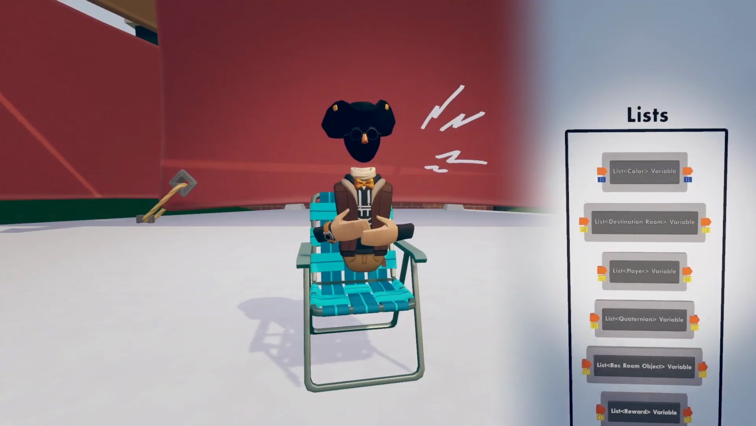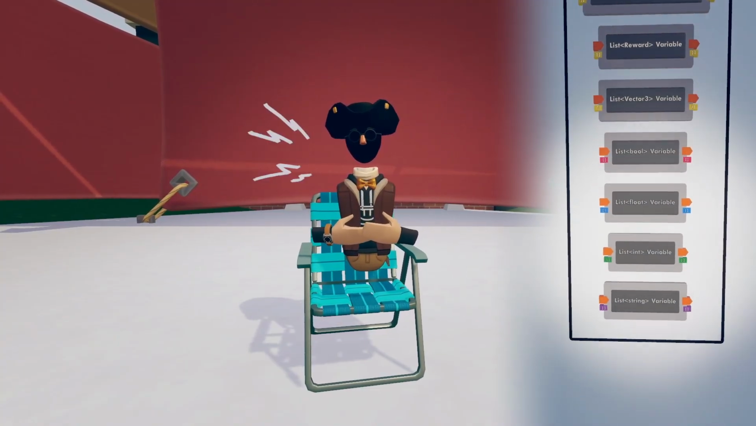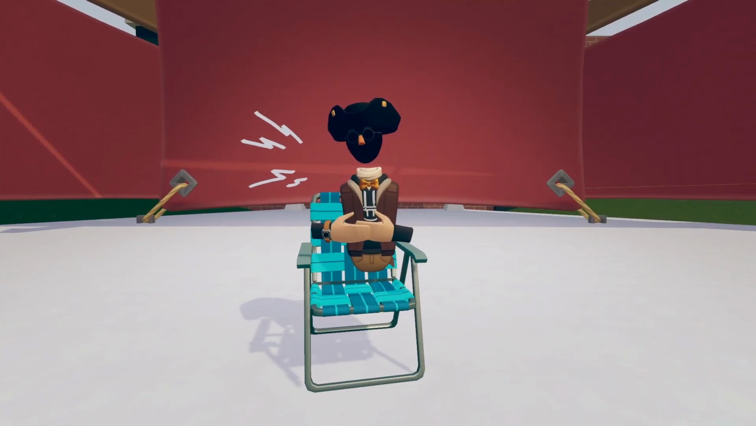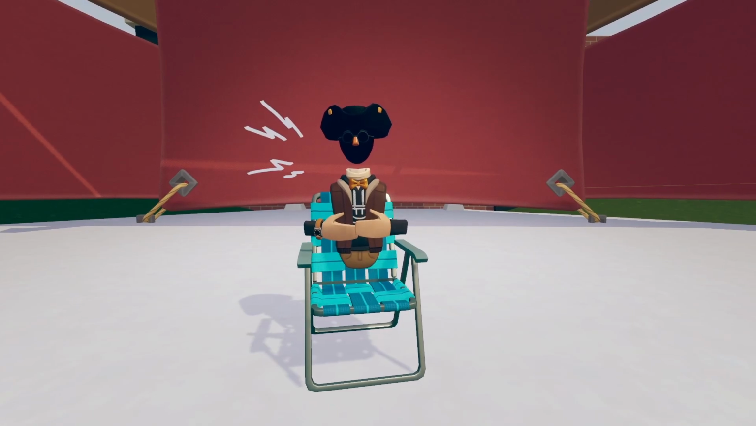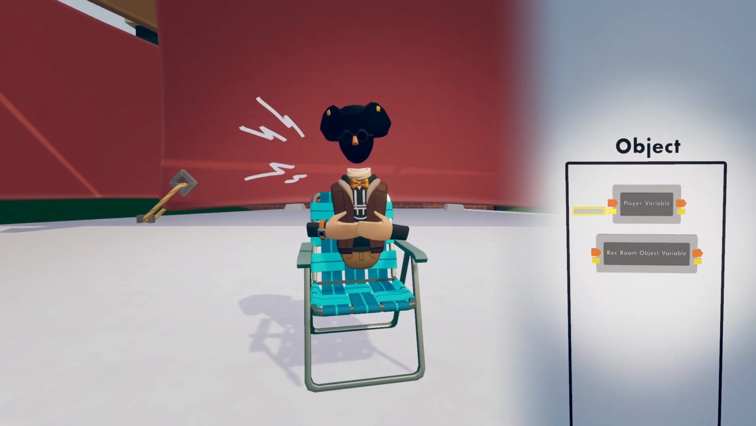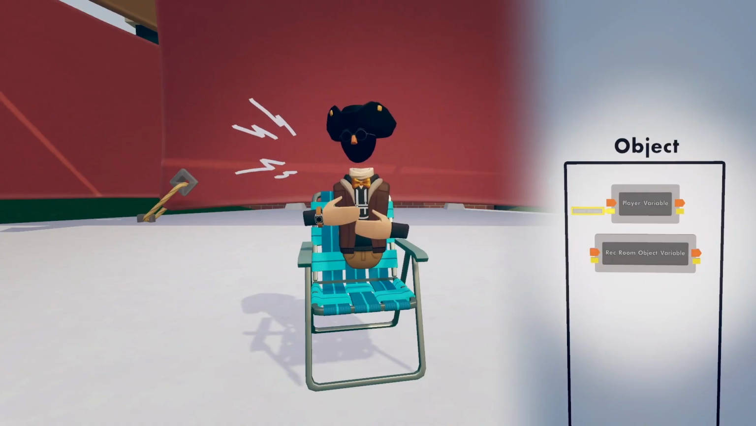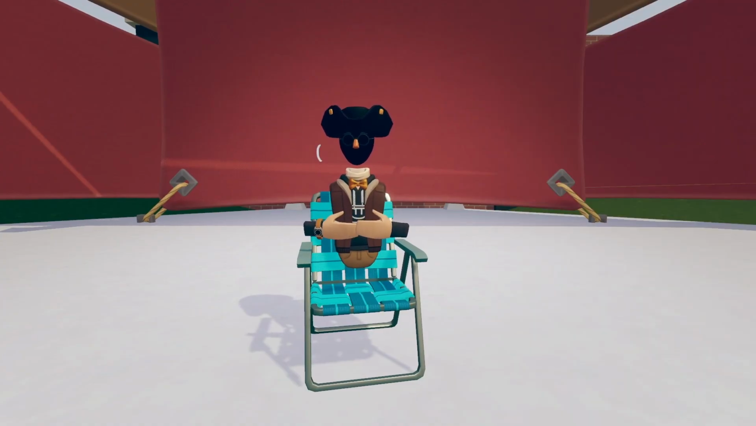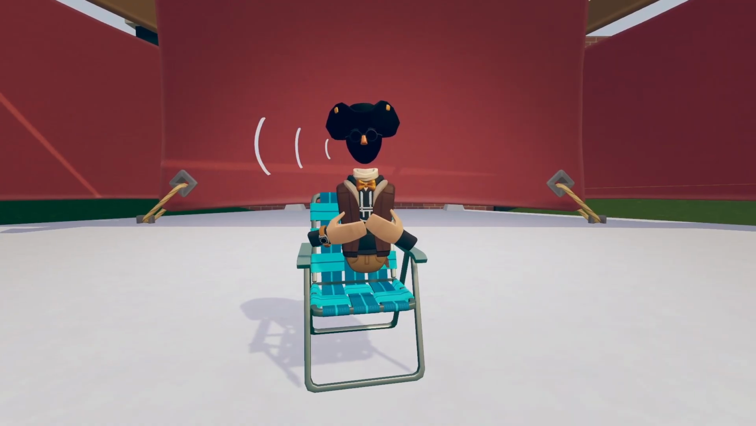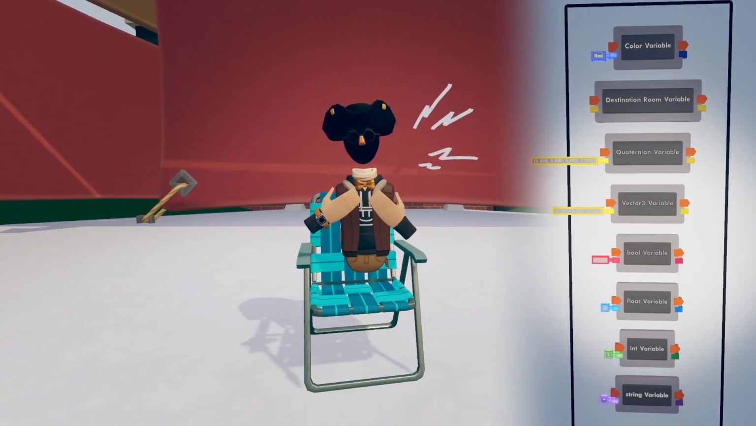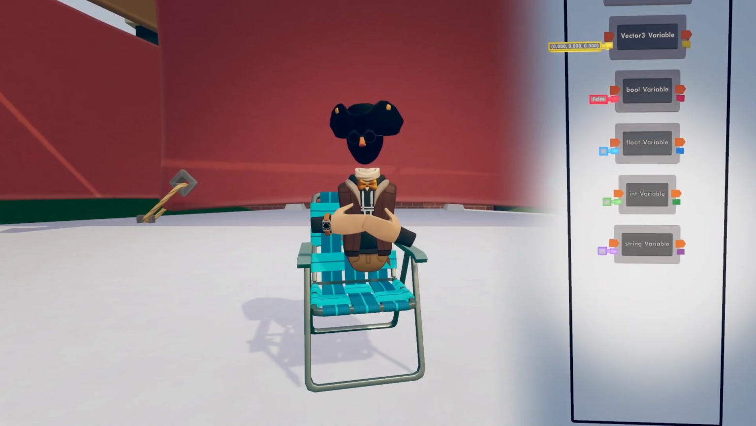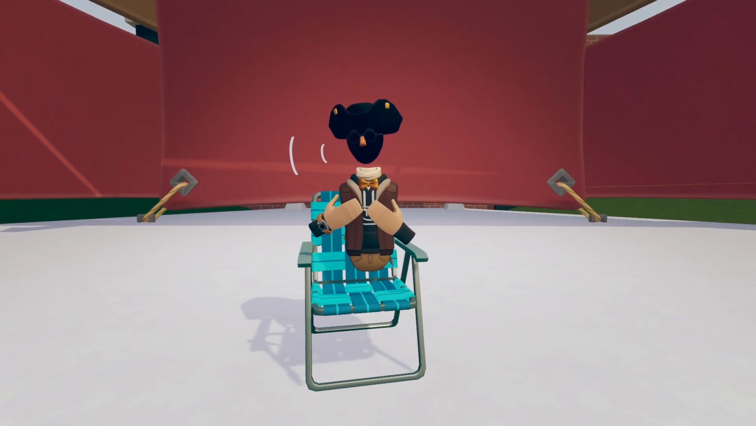Lists. These are variables that store a list of data, and you can tell it's a list variable from the bracket symbols on the outputs. The second category is object. These 2 variables have a player or some sort of object as their data. The last category is primitive. These are variables that are more simple than the others, and usually the types that you yourself would use when